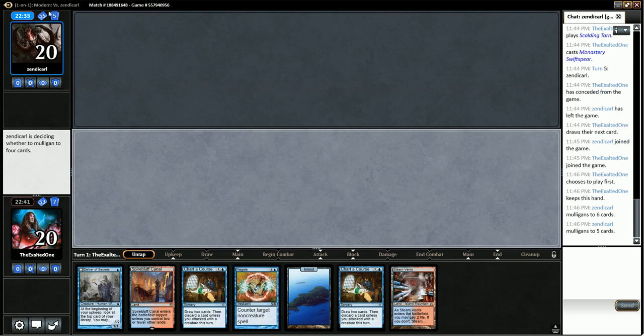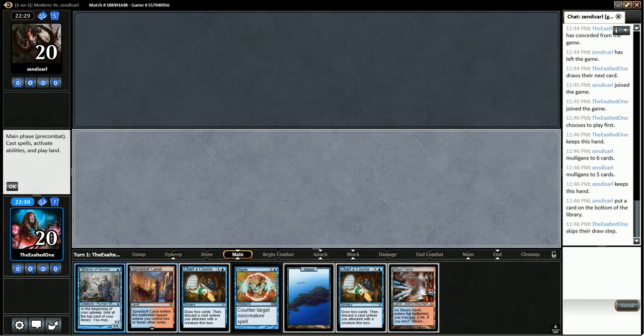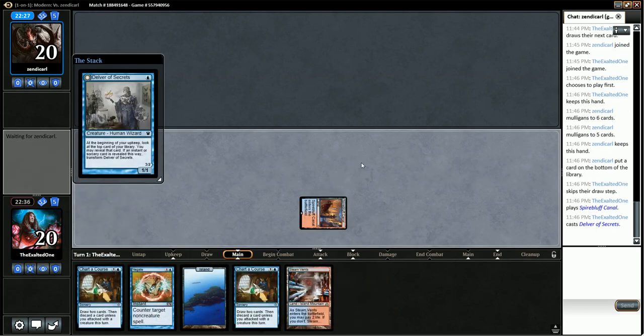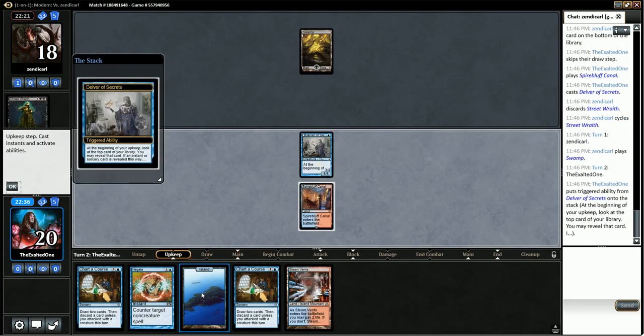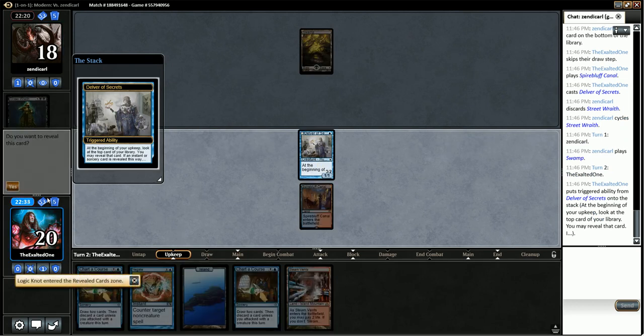Opponent's mulliganing to 5. So Spirebluff Canal. And then if Delver flips, we're going to be... Ooh, yeah, it's...